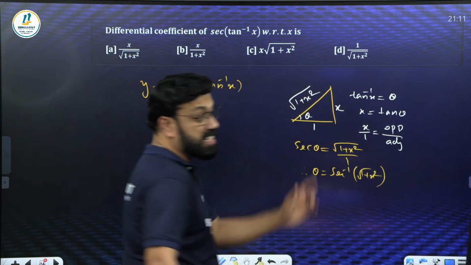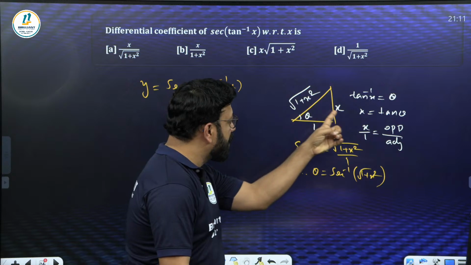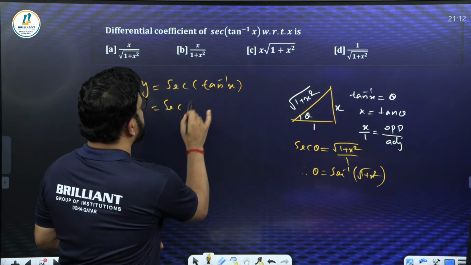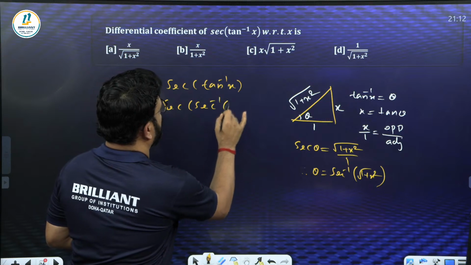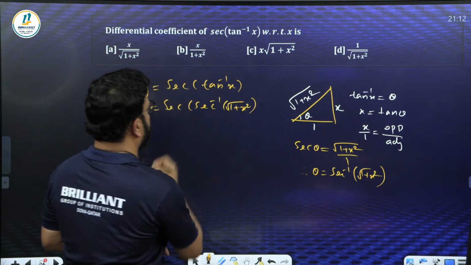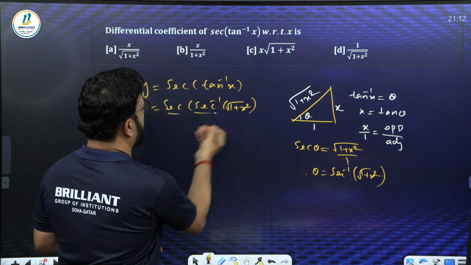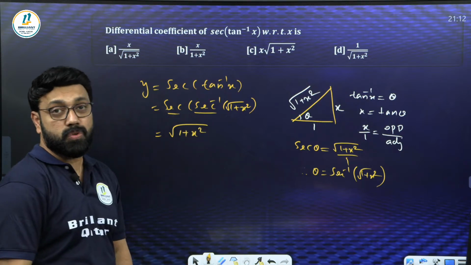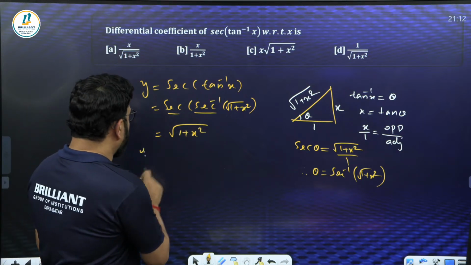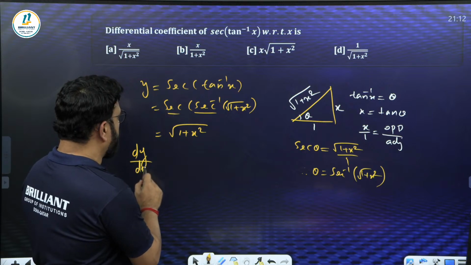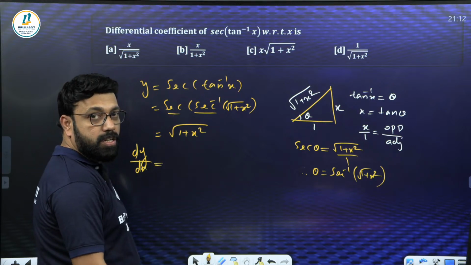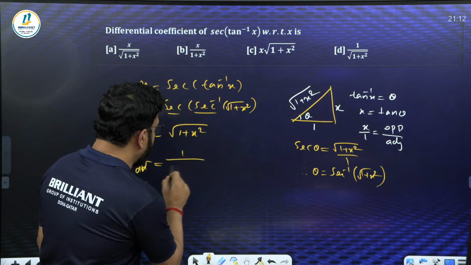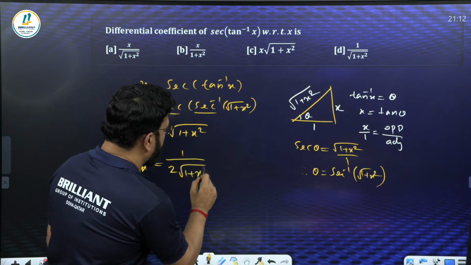Now you write this much steps, directly from this triangle, directly write sec inverse of root of 1 plus x square. Sec and sec inverse we can remove, then it goes to root of 1 plus x square. Now, what's the derivative of that one? Dy by dx: for the root function, the derivative is 1 by 2 root x, chain rule, 1 by 2 root of 1 plus x square into